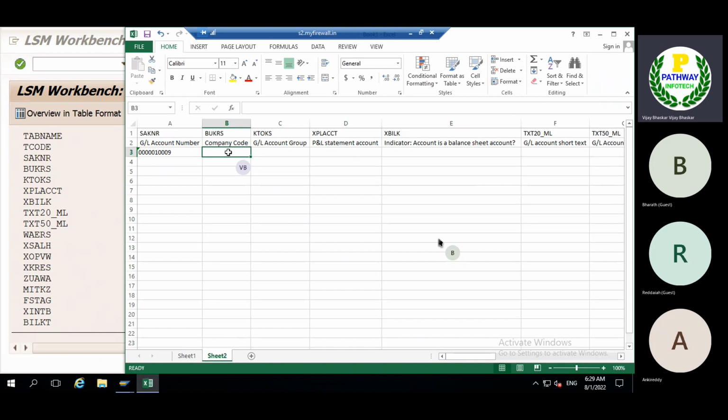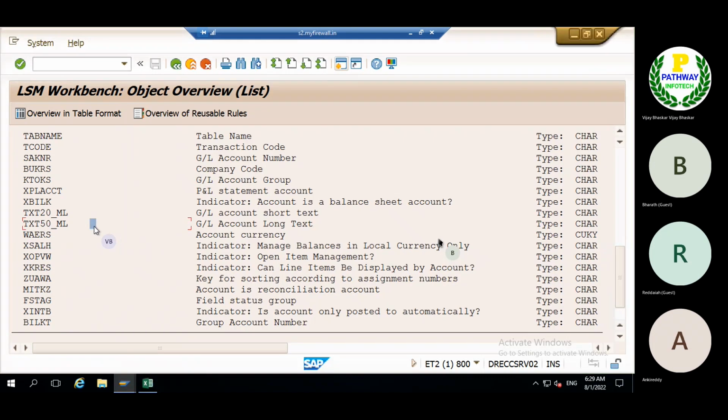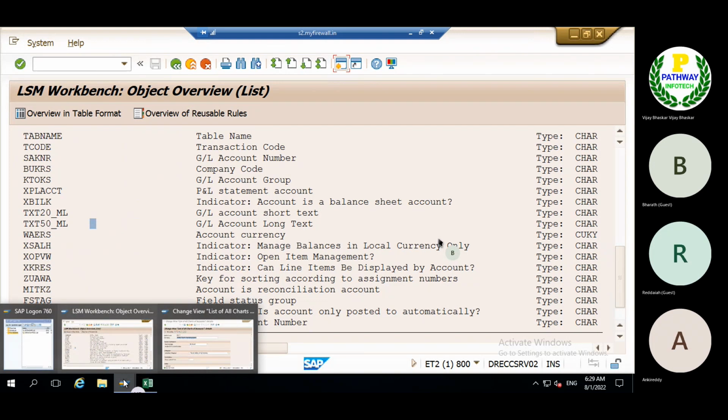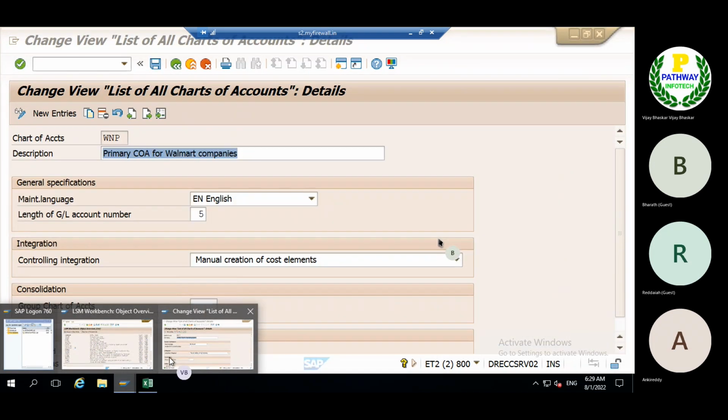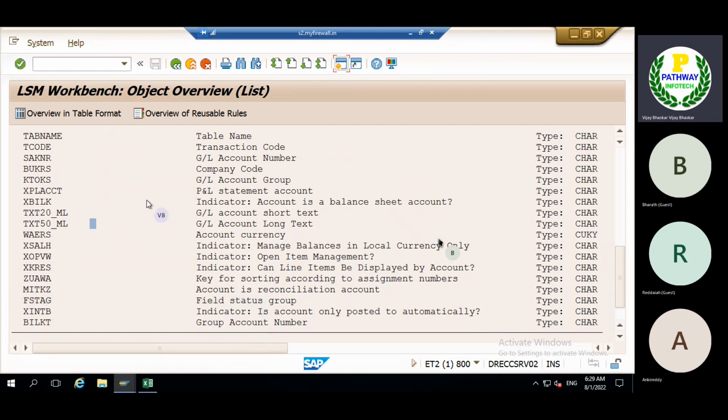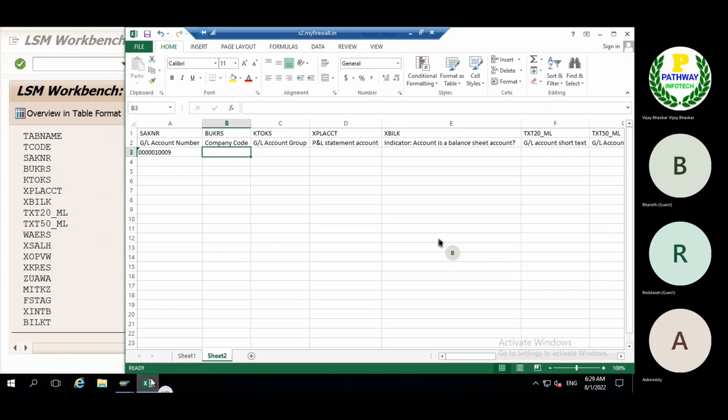Now the company code. The company code we have used is WN04. Then the GL account group; we have given it as 10.